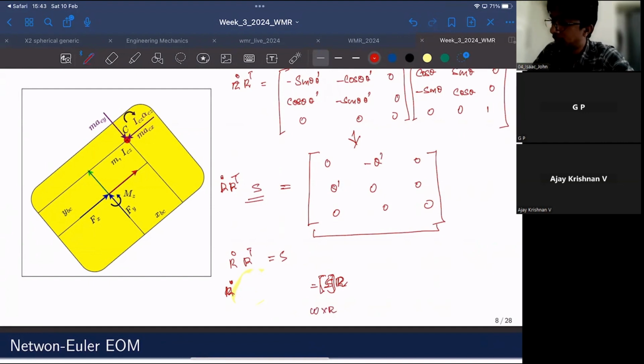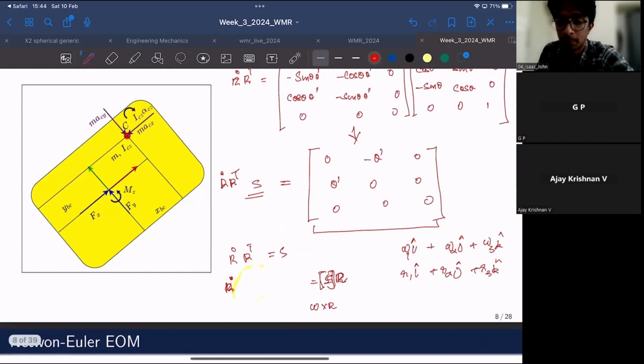For example, if you have two vectors and you want to take a cross product, you can basically write this cross product as a matrix operation. I hope you are familiar with that. So if you have two vectors, omega 1 i cap plus omega 2 j cap plus omega 3 k cap, and R1 i cap plus R2 j cap plus R3 k cap, you can do this normal cross product operation using determinants, or you could do this as a matrix multiplication operation,